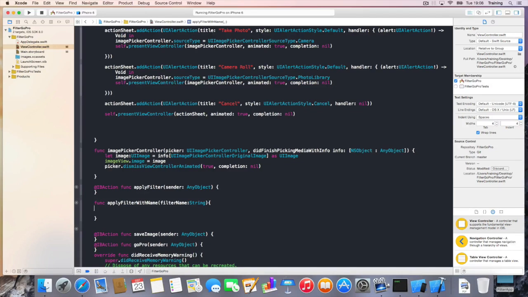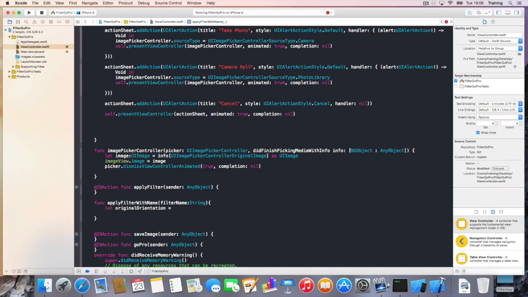So first, what we need to do is storing the original orientation and the original scale of our current image, since we're working with Core Image. This is going to get rid of the original orientation and scale of the image and sets it, so it could happen that we get a rotated image once we applied a filter to it. So therefore we store the image orientation and the image scale. So let's create two constants. The first one, original orientation,